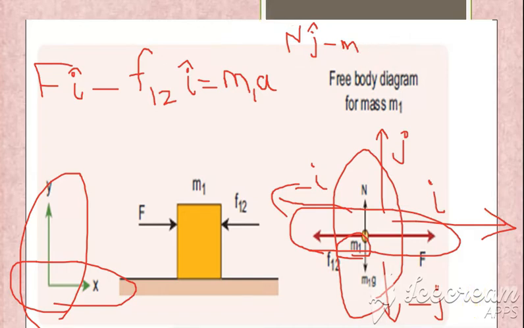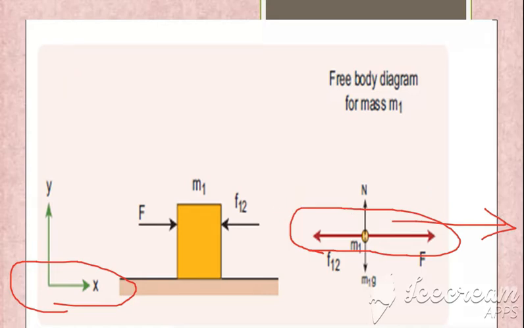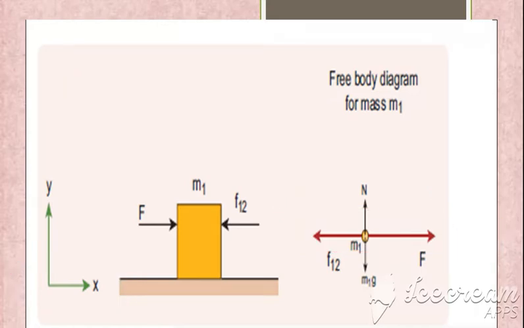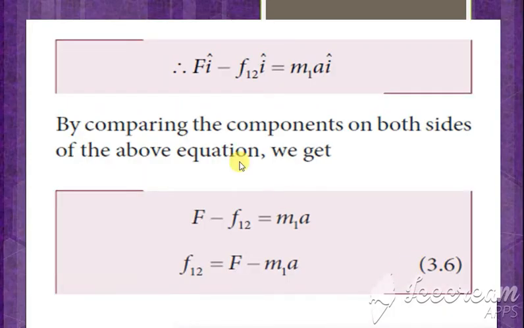Okay, so after writing the two equations, what we'll be doing is we have to write the equation for a. As we have found out already, the value of a is, is it not? So what is the value of a we have found out already? a is equal to what? F divided by m1 plus m2. This is a very basic equation which you will be substituting in the next one. So when you are taking only the x direction, F into I minus, this is the first equation as I have written already, is it not?